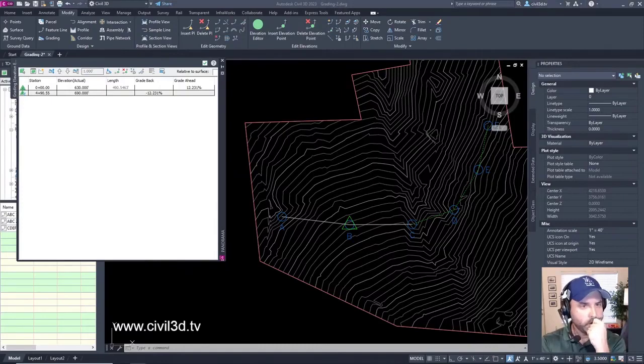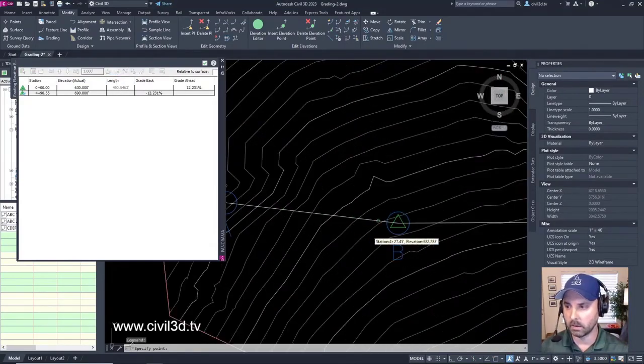Now what we're going to do is insert an elevation point on a feature line. In the grading elevation editor, we're going to click this to insert an elevation point.